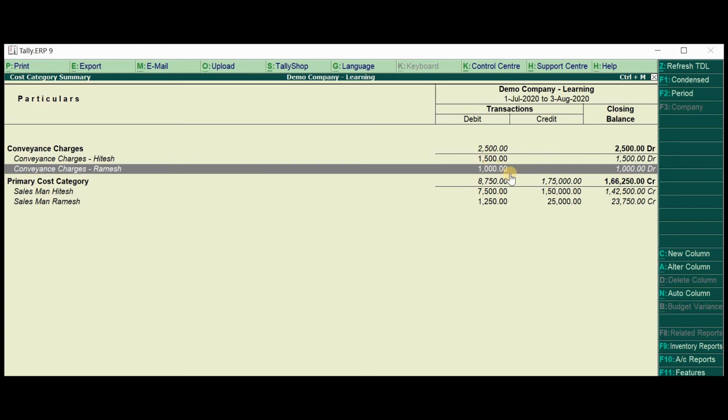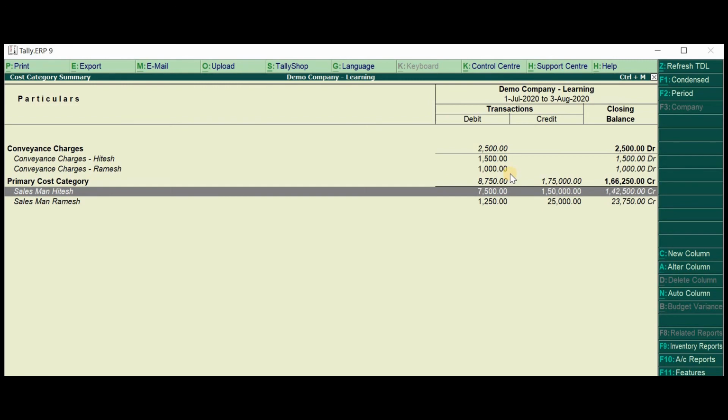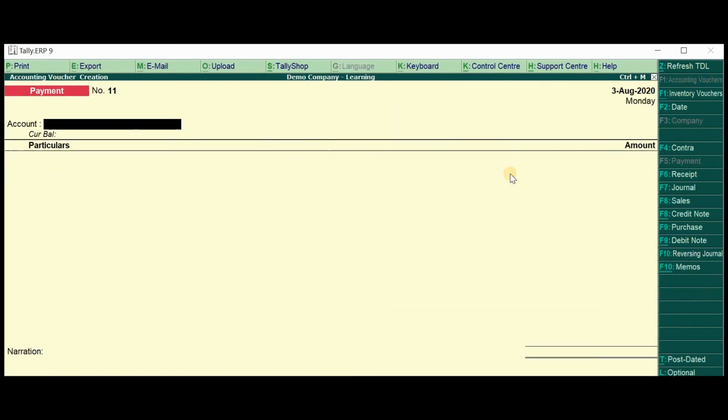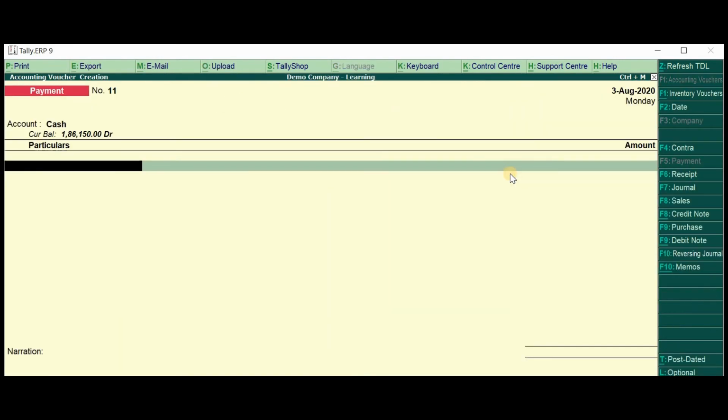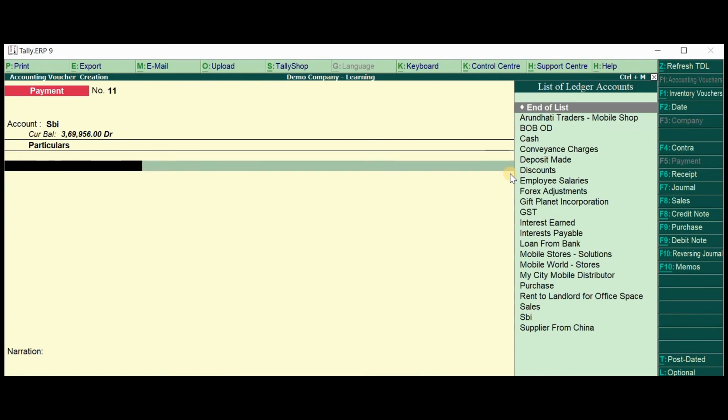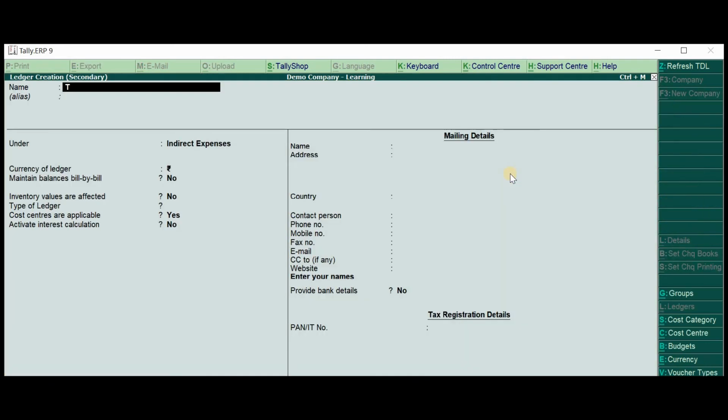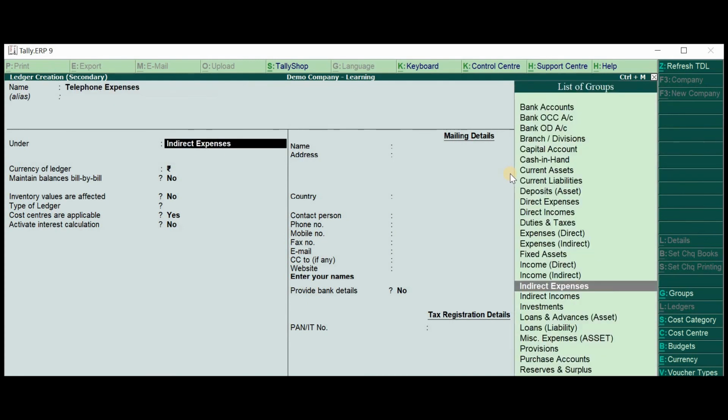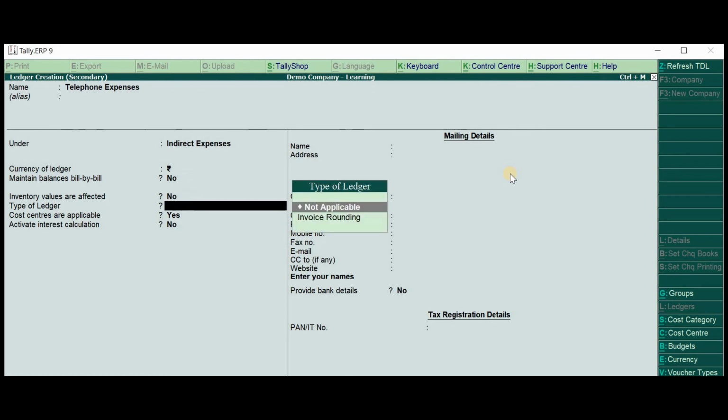Okay, so now let's also make telephone expenses in the same way. So let me select SBI. Okay, this ledger is not there, so we will create it by pressing Alt C. Telephone expenses. Okay, this is yes by default.